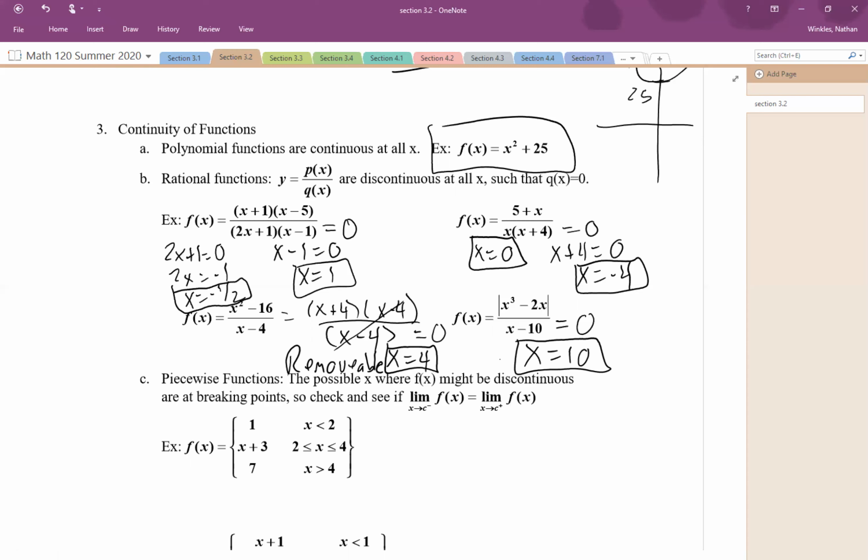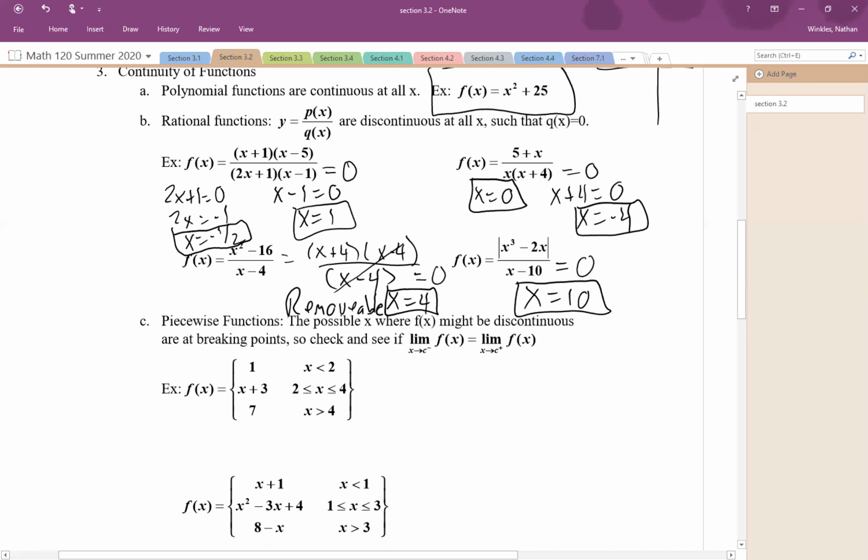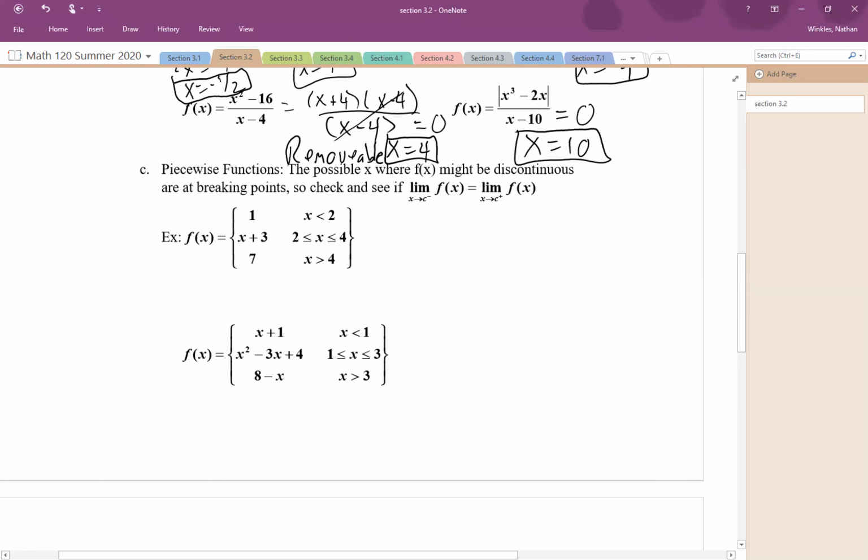Now, piecewise functions are a little bit different. The possible x where f of x might be discontinuous are at breaking points. So we need to check to see if the limit as x approaches c from the left of f of x is equal to the limit as x approaches c from the right of f of x. So to do this,